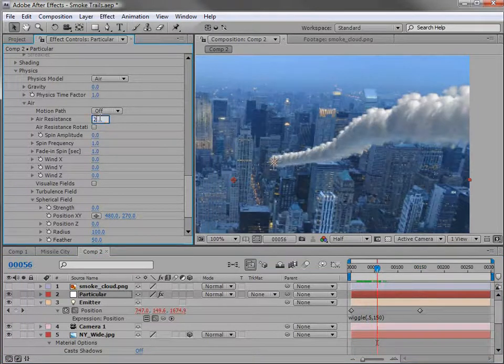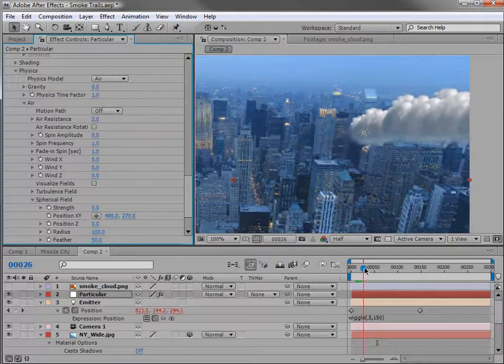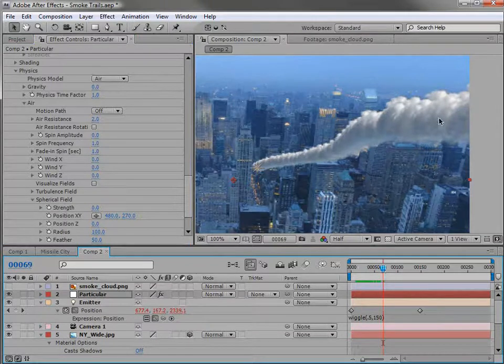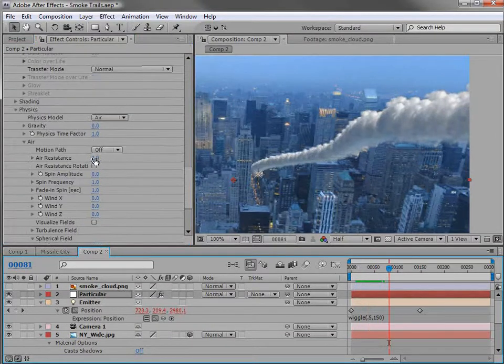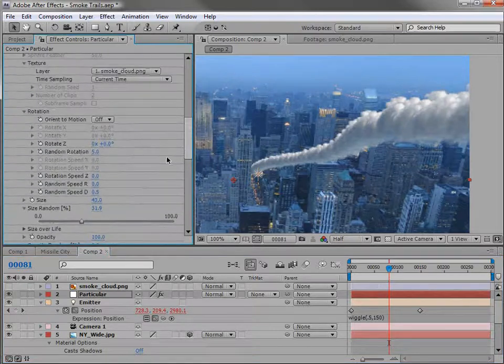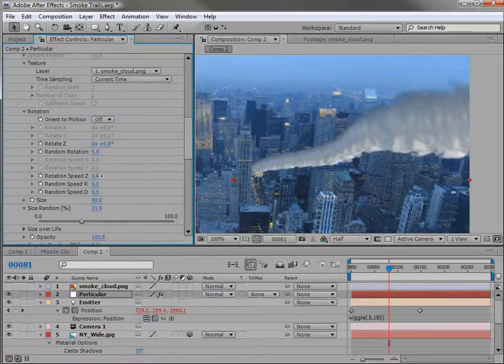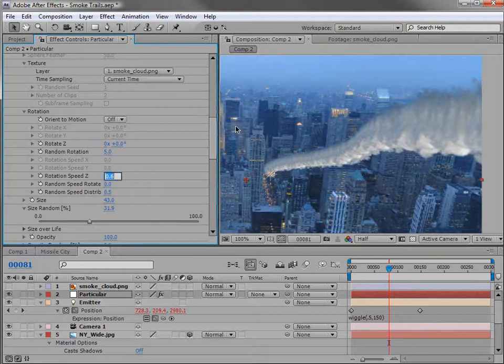Now, if we turn this down a little bit to maybe about 2, what you can see is that the particles slowly stop. So they begin to move and then they stop. Now, air resistance is a very cool thing, and it's even better now that you can apply air resistance to the rotation. So if we turn that on, we'll come back up here to the rotation and turn the rotation speed up. So if we turn this up, not too much, but maybe about 0.2,